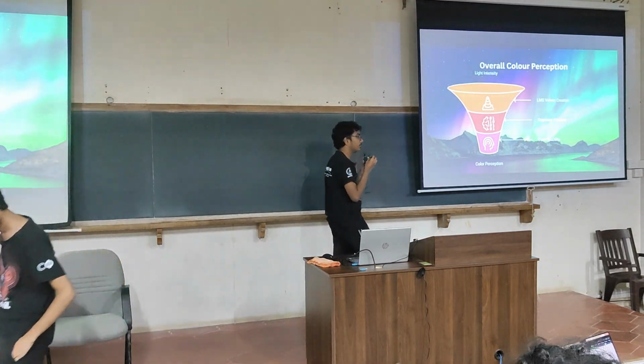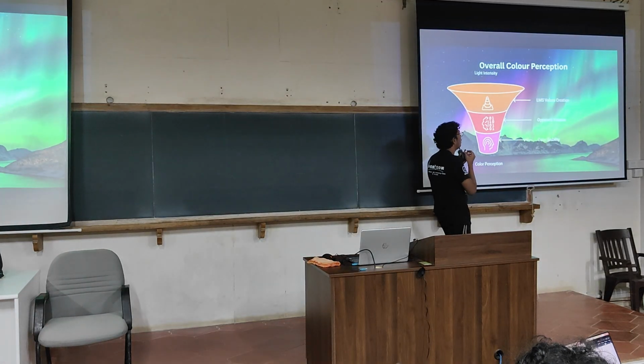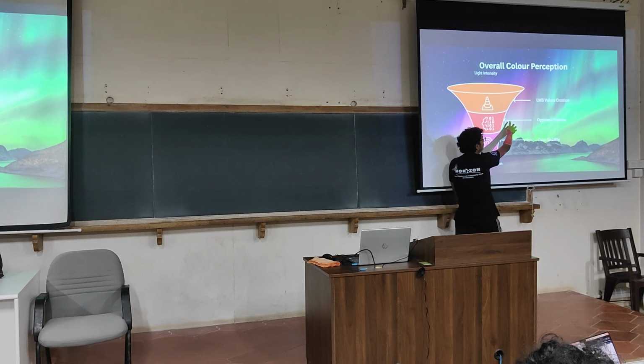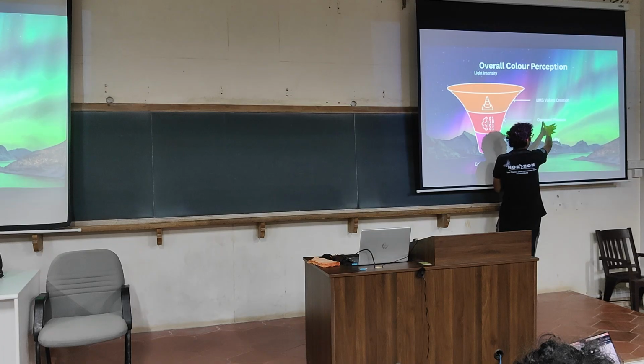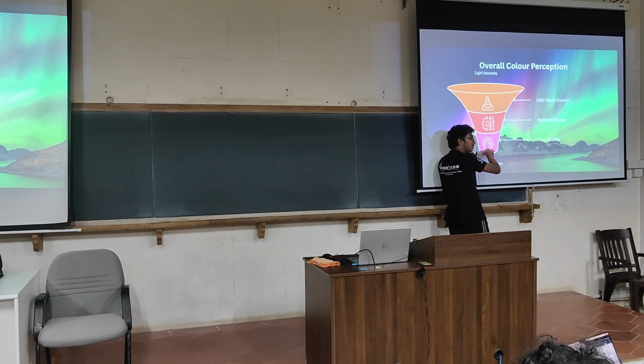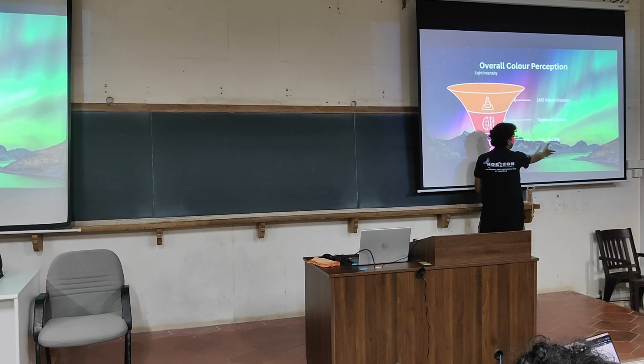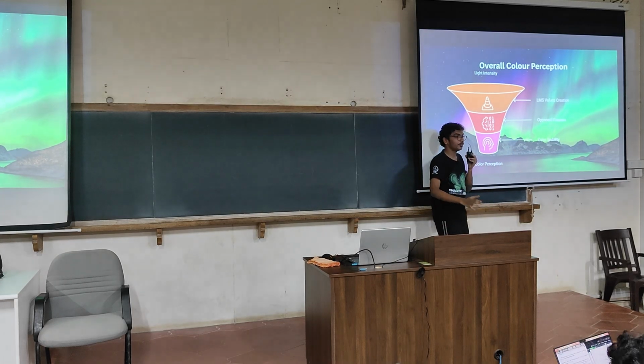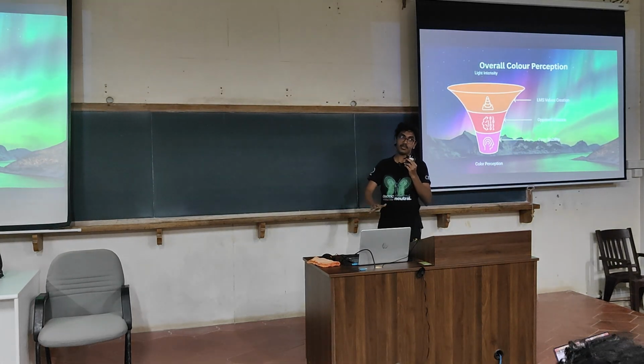Yeah, so this slide tells everything that we have covered till now. First we have light. Light enters our eyes. Our eyes give the LMS value. The LMS value goes to the brain. It uses the opponent process, allocates colors, and our brain does color constancy, analyzes the entire image, and interprets the color. So this is the entire perception.